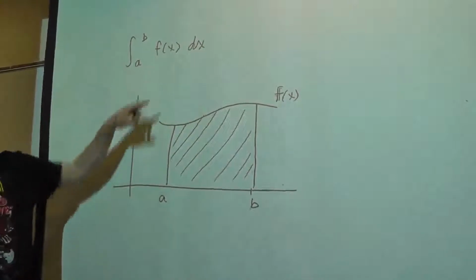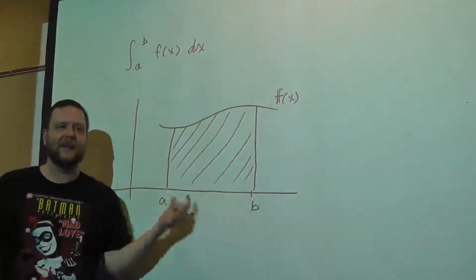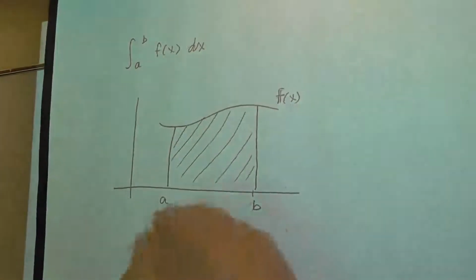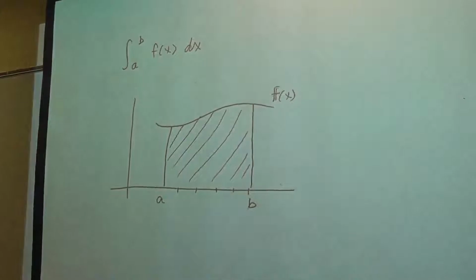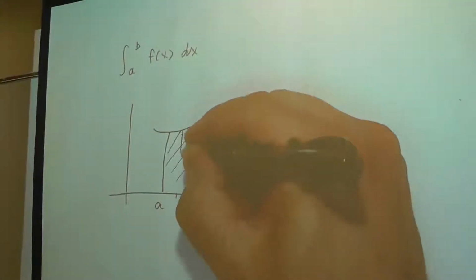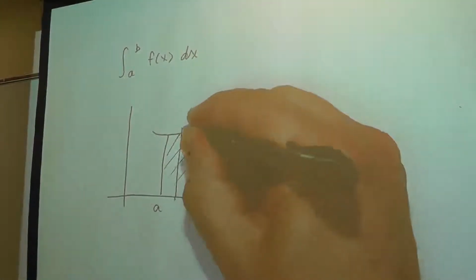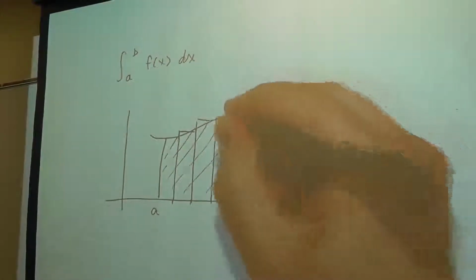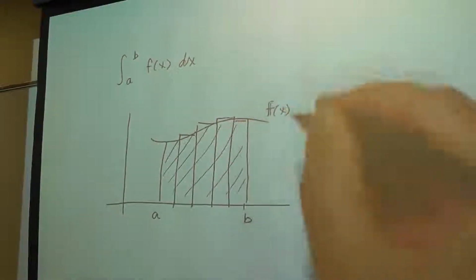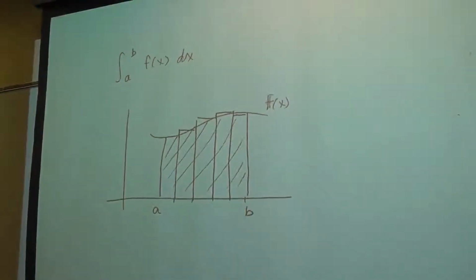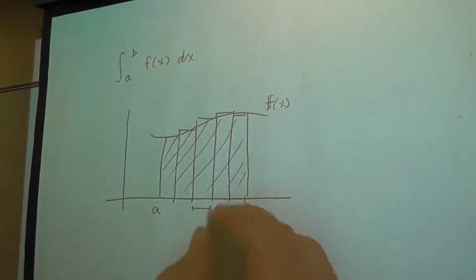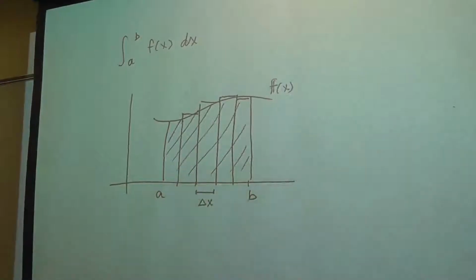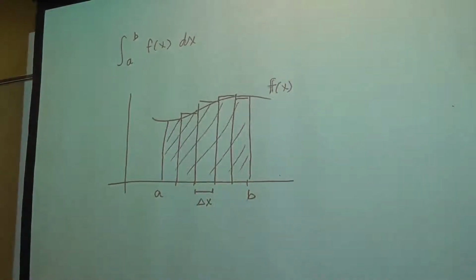The way this was developed is you break this interval down into little tiny delta x subintervals of equal length. They don't have to be of equal length, but for convenience, it's usually easiest to do that. And then using either left endpoints or right endpoints at each of those intervals, you develop these little Riemann sum rectangles that approximate the area, and